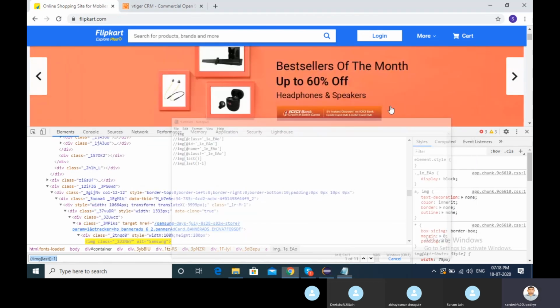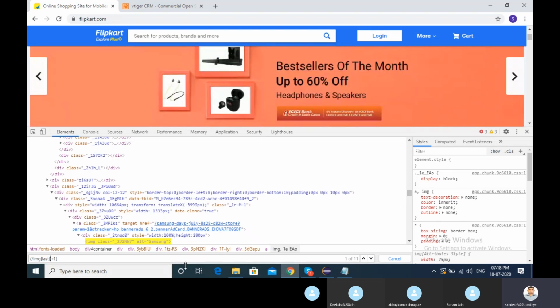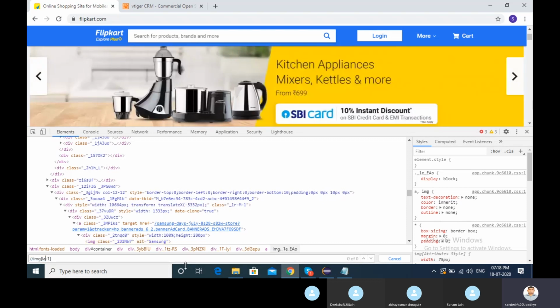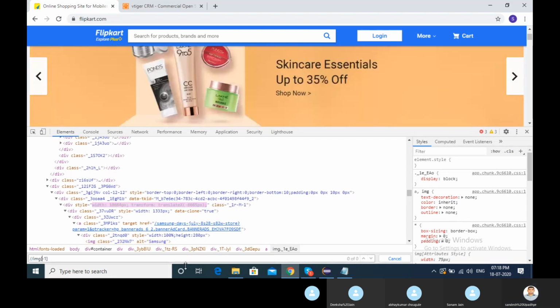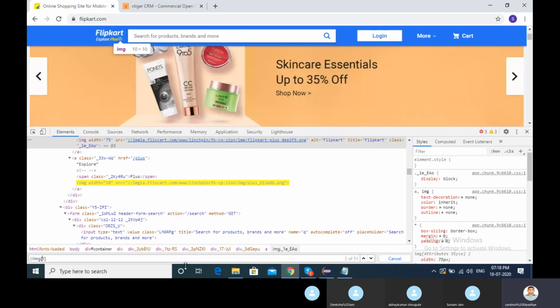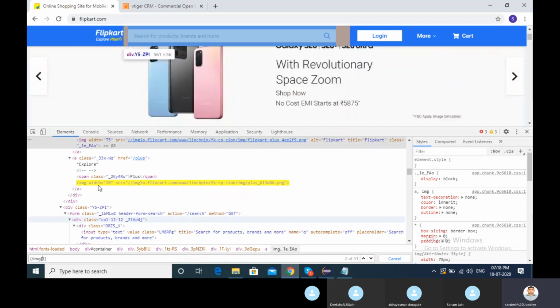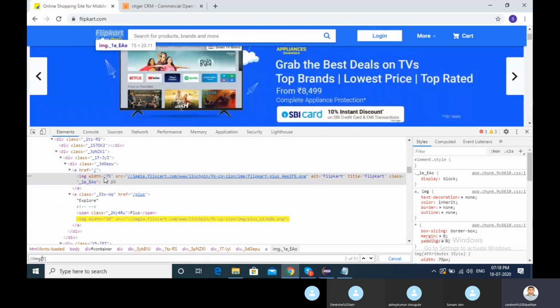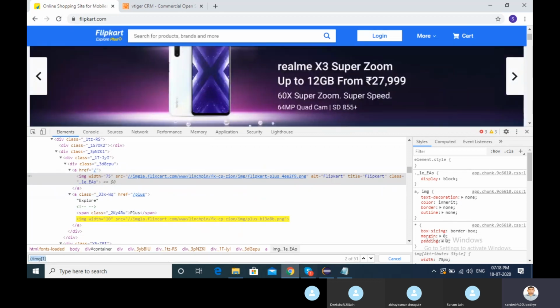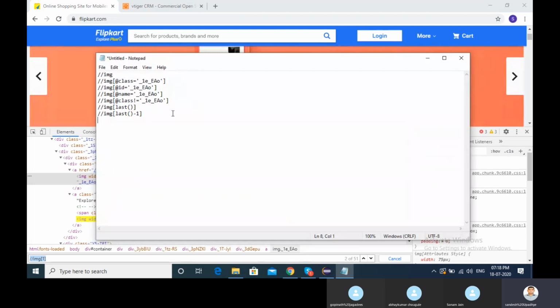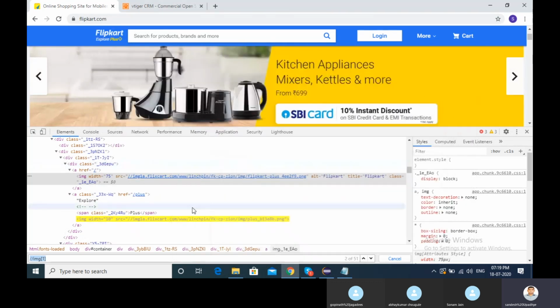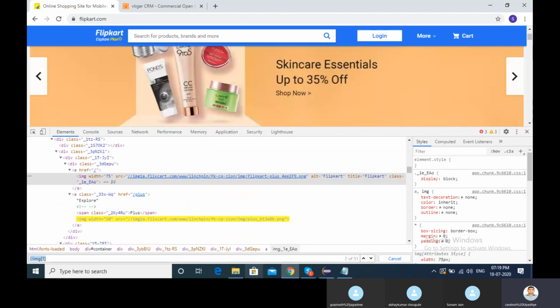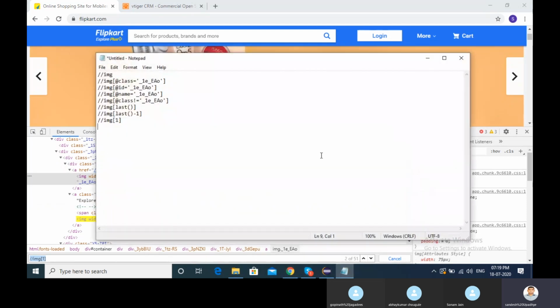One more thing, here also you can find like this, 1. So it's going to the second one now, but it will be highlighted. So I'm trying to tell you there are so many ways. Our ultimate goal is to find the unique way itself. So this tag you can use with the image itself.